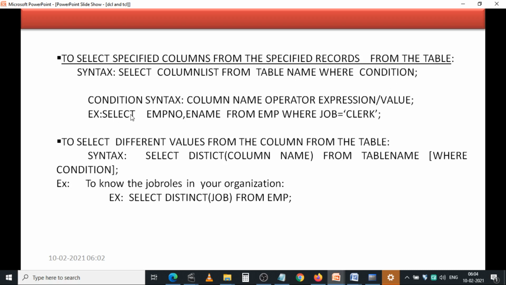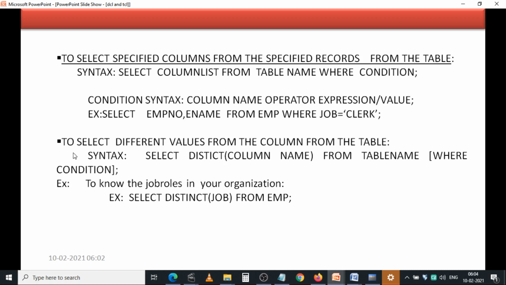Just this example: I want to project employee number and e-name of employees who are working as a clerk. So the example is: select employee number, e-name from EMP where job equal to clerk. Observe how we are writing the condition here: job is the column name, equal to is the operator, and clerk is the value. This is how we write the where condition.